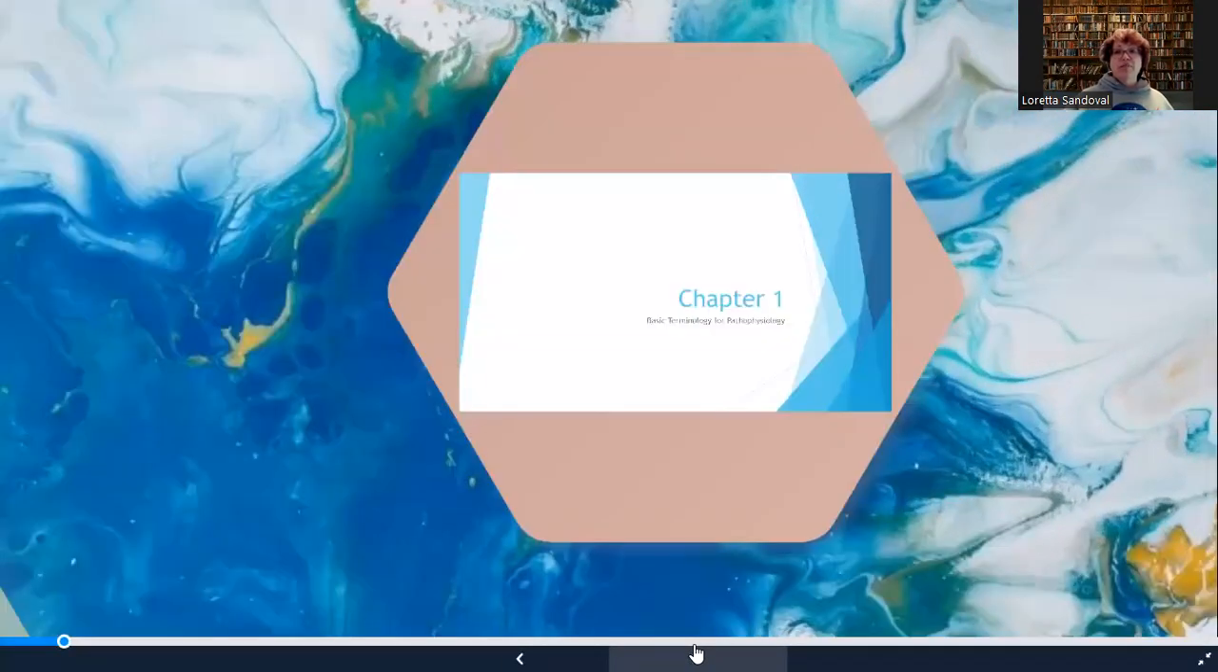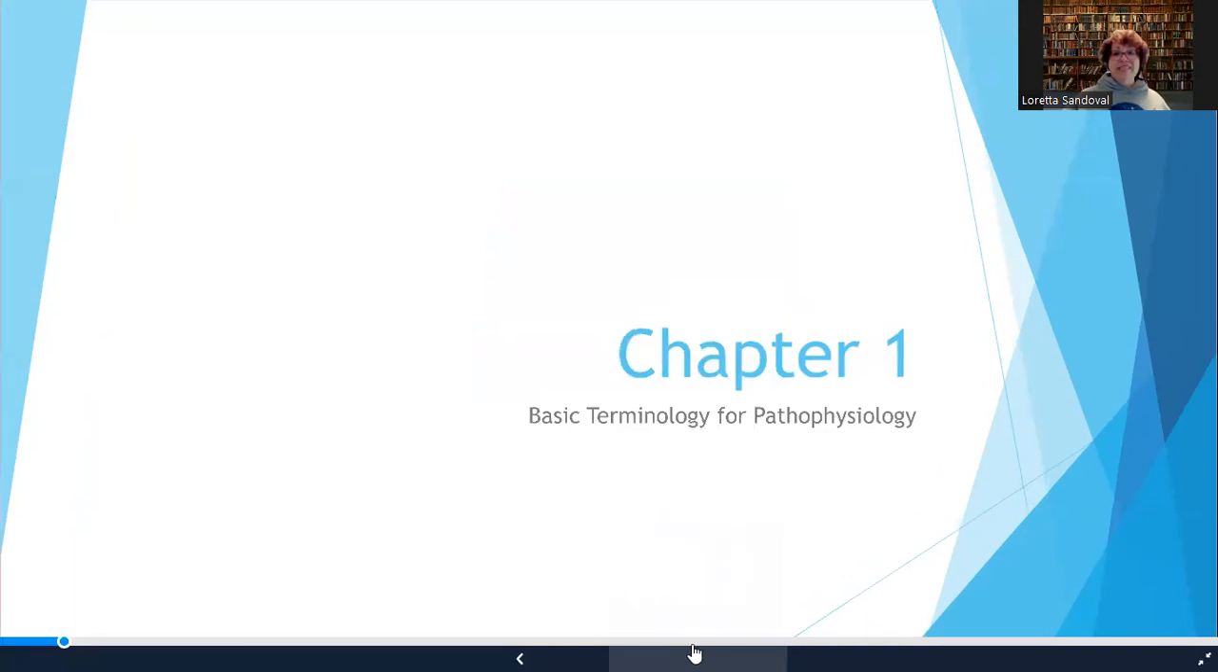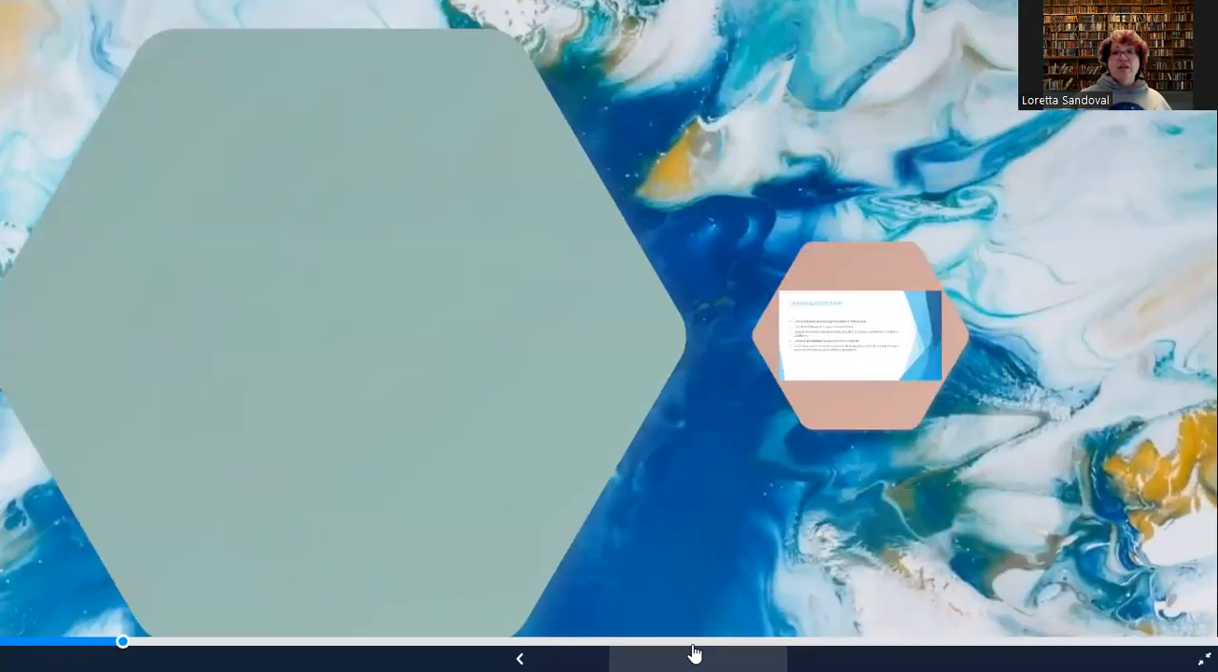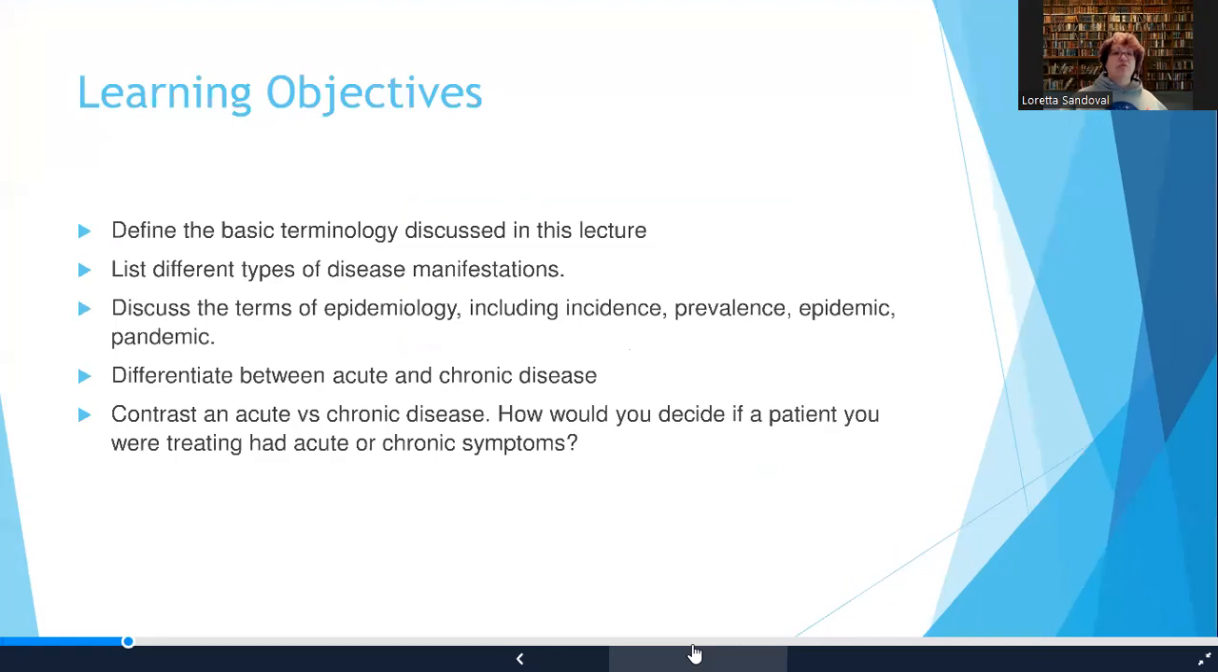So our learning objectives for this section are to define the basic terminology that we discussed in this lecture. There's a whole list in the module of terminology you should know, and we'll talk about it here; to list different types of disease manifestations; to be able to discuss the terms of epidemiology, including incidence, prevalence, epidemic, and pandemic, our favorite word;